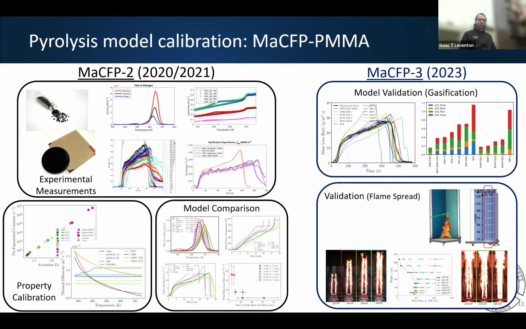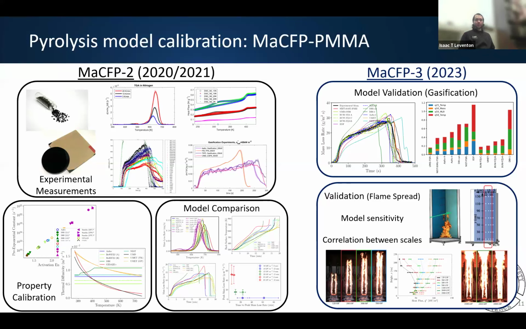And so if we look at this whole big picture, we now have measurement data from 20 different groups that was used to inform our model development by another dozen groups, and then we propagate that all the way through from measurements to properties to real prediction of burning rate and flame spread in cases that we believe are important. And we can start looking at what are our sensitivities to different properties or different boundary conditions that we apply. Do we have correlation between different scales? And this is written up in our MaCFP-2 and MaCFP-3 proceedings. So here's our whole framework from properties to real predictions of spread. What matters, what correlates, and how can we do that better?